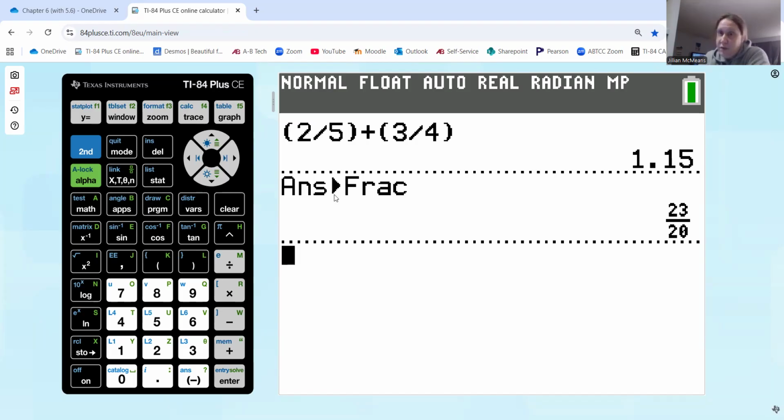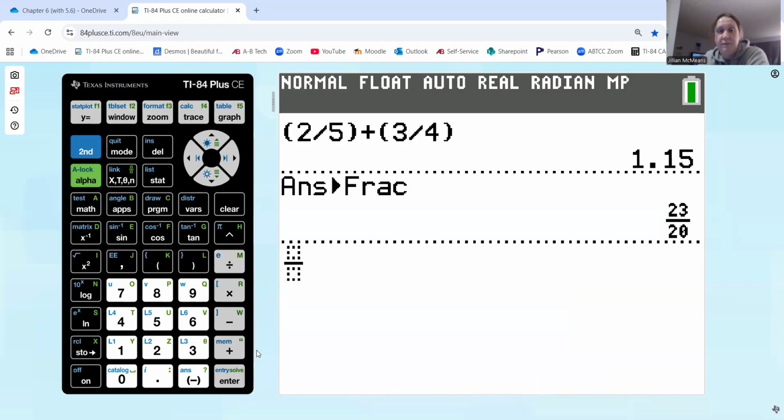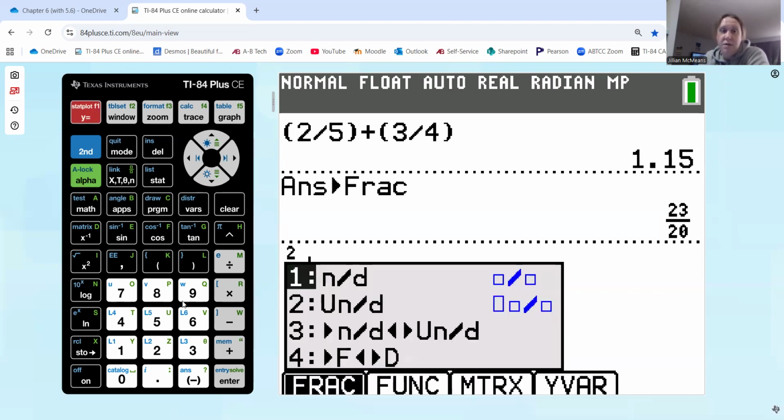Now, if you have this graphing calculator, you can also get the calculator to create a template for a fraction, which is sometimes easier to work with. So if you hit the green alpha button, and then the very first button on the calculator, y equals, it will pull up this menu right here. And the very first option is the template for a fraction. So hit enter. And here you can type in the numerator and then just hit the down button and the denominator. And then what you have to do is hit the right arrow and it'll take you back out in front of the fraction, and then hit plus,